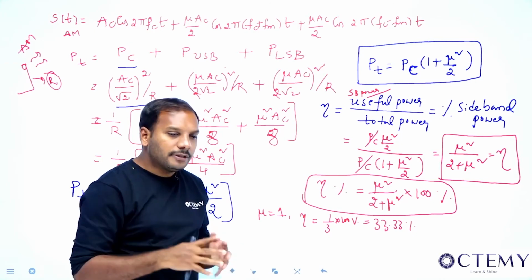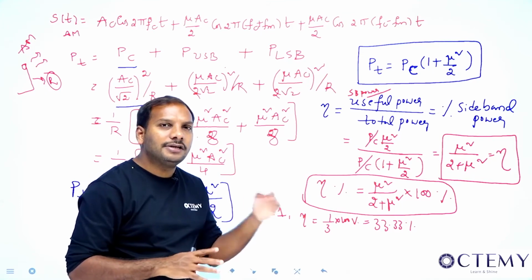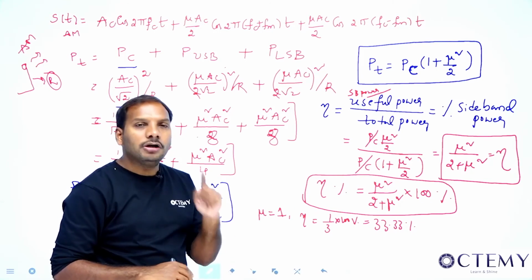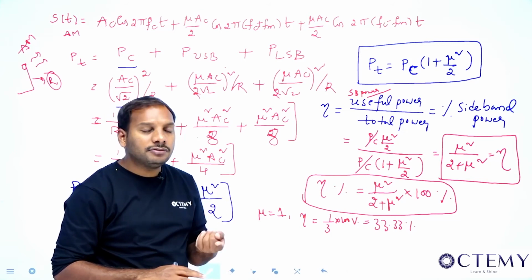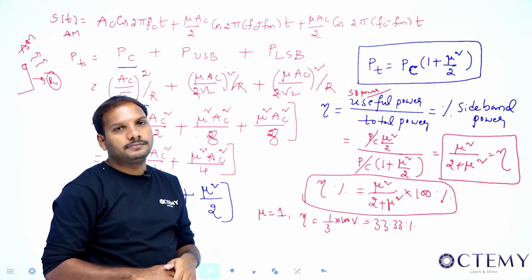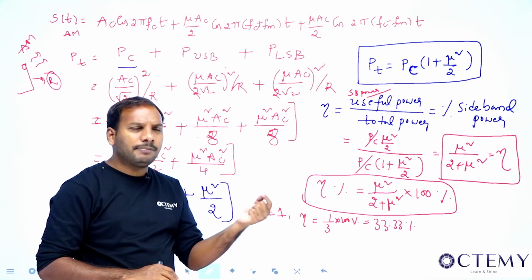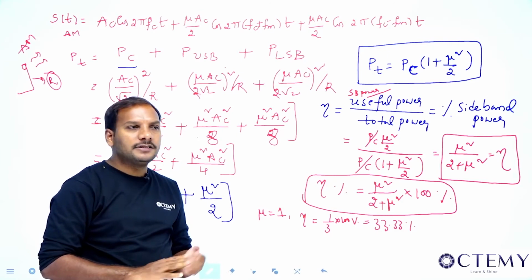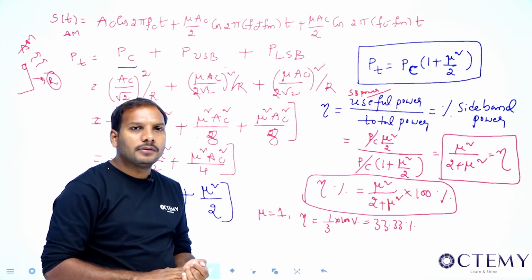You can ask me, sir, why do you want to waste power using the carrier? You can suppress the carrier and send the information. No, that is not the concept of amplitude modulation. In amplitude modulation, you have to transmit the sidebands along with the carrier. The advantage is what I said: on the reception side, the receiver is very simple. It requires very basic passive elements, resistors and capacitors. That is the envelope detector, a very cheap demodulator. So the receiver is very simple.